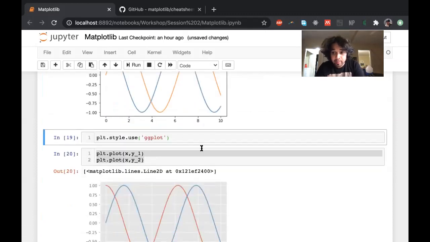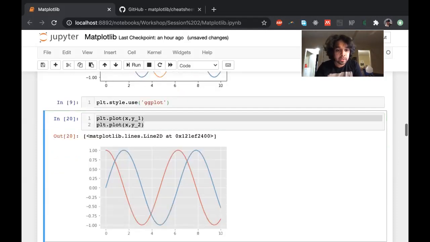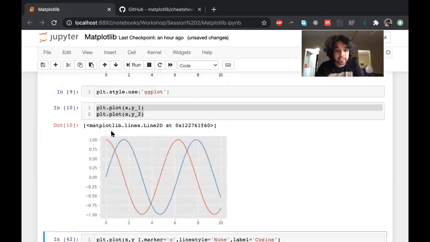One neat trick in Python that I've noticed and realized is that you can change the style by changing the default style. It has a few inbuilt default styles, but the one that I like is ggplot. So I just say plt.style.use ggplot. You can play around with this, maybe see different styles within this function and see if you like something else more. You can use that if you do. So this gives us this graph, which is your sine and your cos.